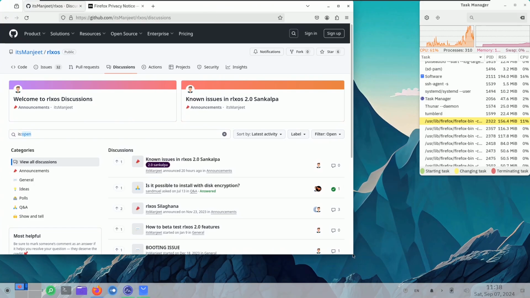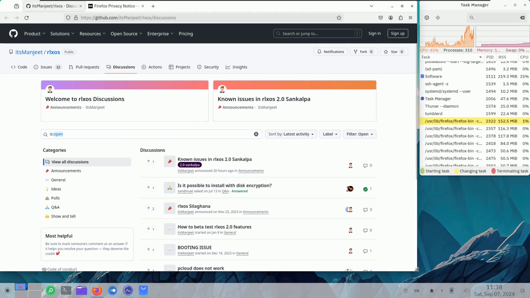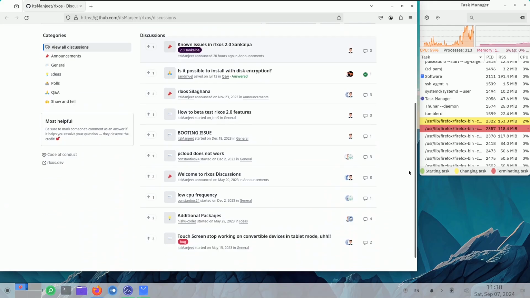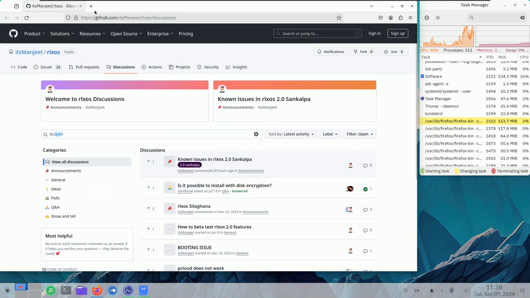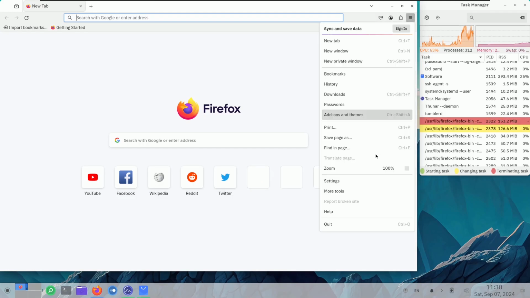I already said it's based on independent. It's an independent Linux distribution. So let me go to their official website and get all the information. So here is the forum, or the discussion or the support, whatever you call it. Here it is. So I'm just going to close everything and I'm going to show you the version we are